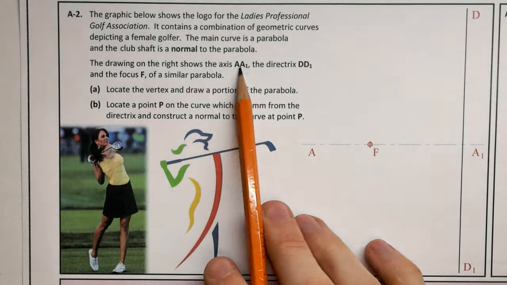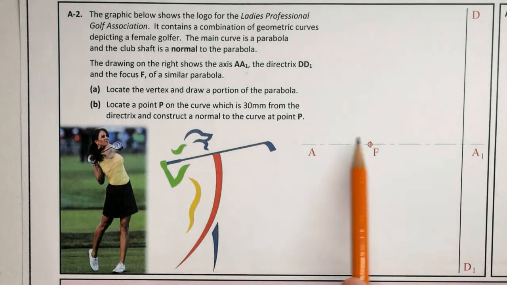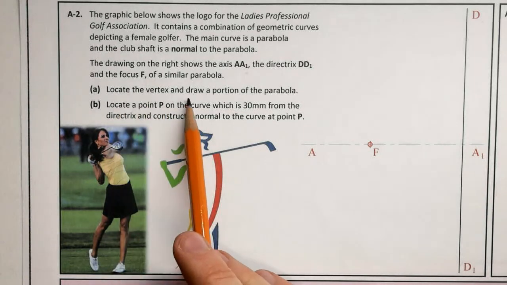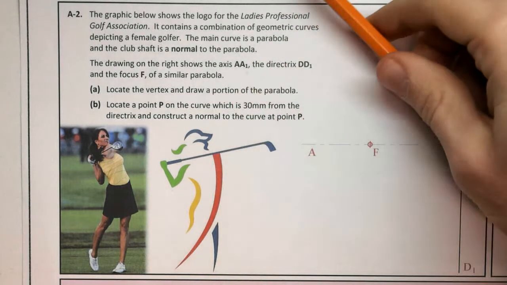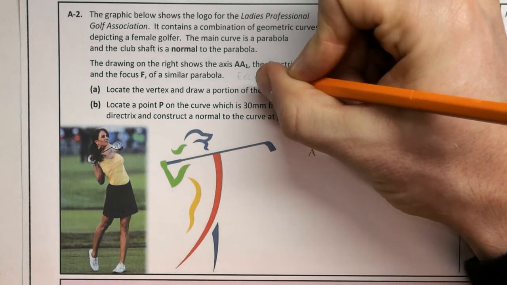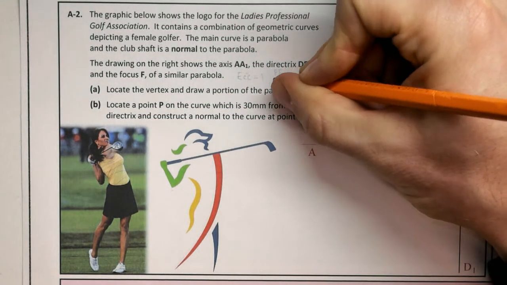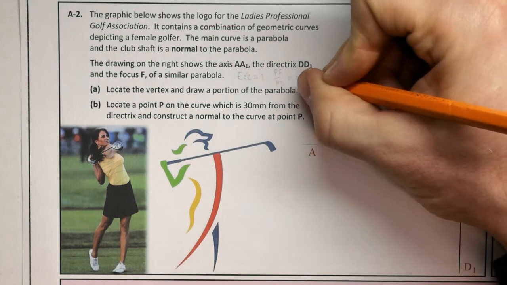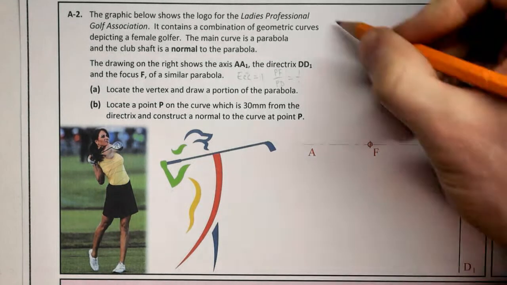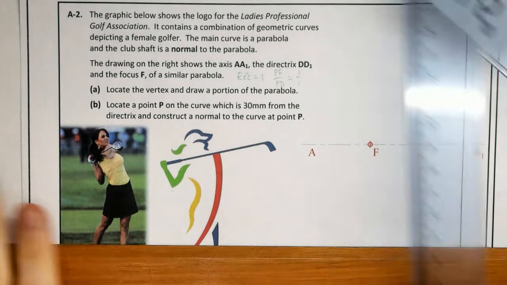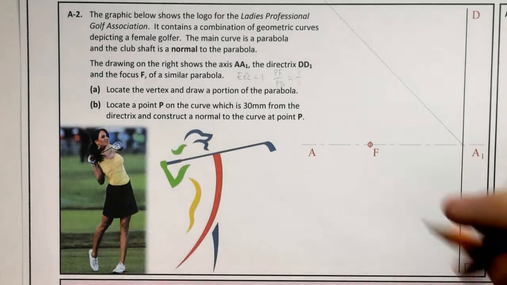The drawing on the right shows the axis AA, the directrix DD, and the focus for a similar parabola. Locate the vertex and draw a portion of the parabola. So straight away when we hear parabola, I think my eccentricity is equal to 1. So PF over PD is equal to 1 over 1. My distance I measure out is the same as the distance I measure up to find my line of eccentricity. Or, quicker way to think about it, it's a 45-degree line. So that's my line